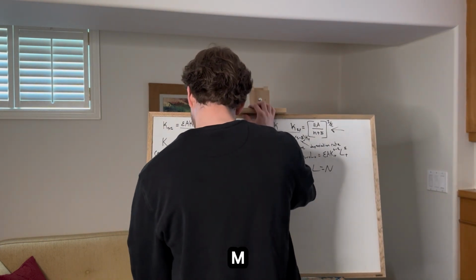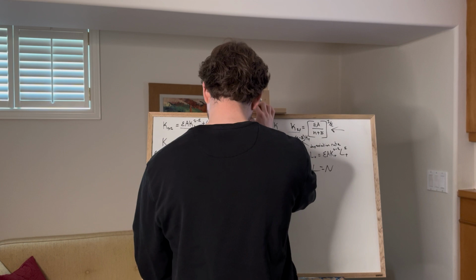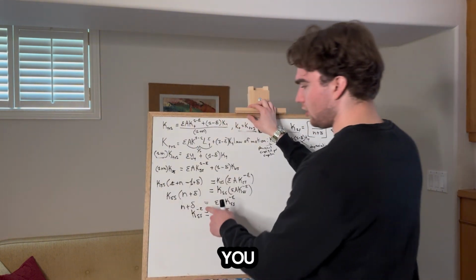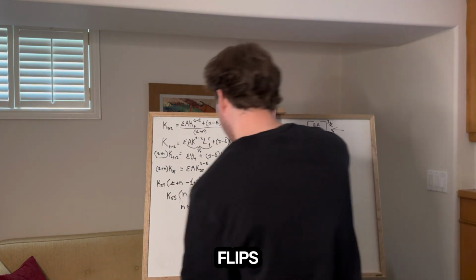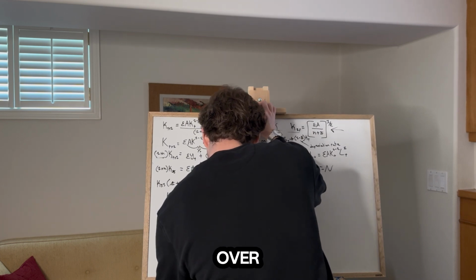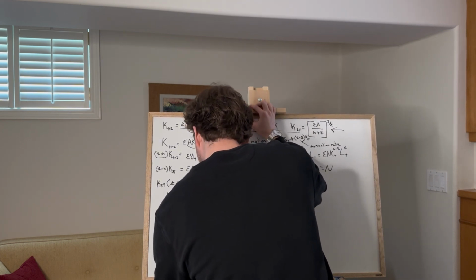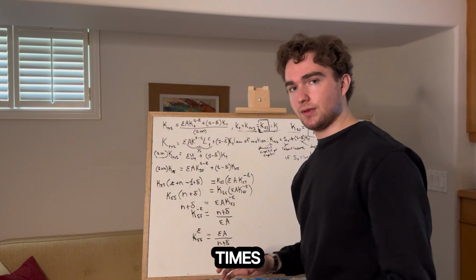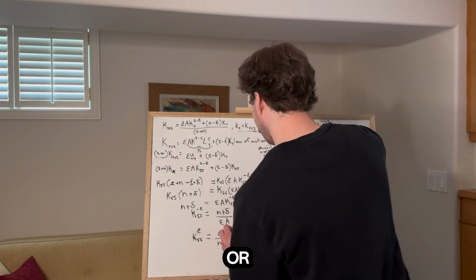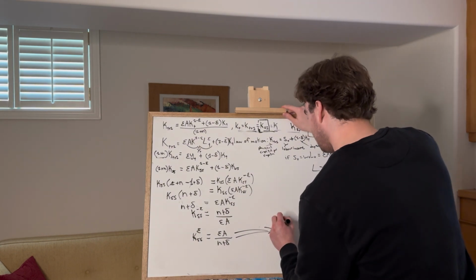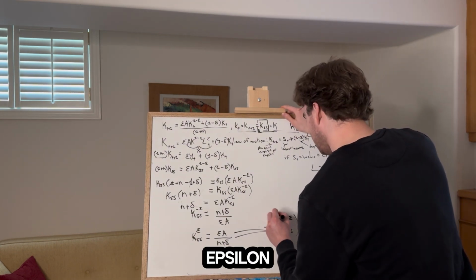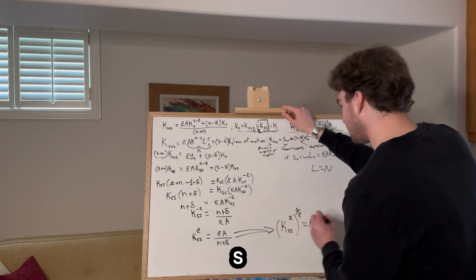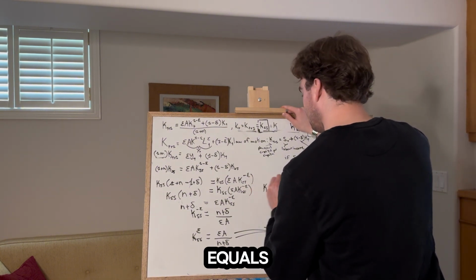So it's n plus depreciation equals, and then divide everything by epsilon A. You want to make this positive, so this flips. You have epsilon A over n plus depreciation, K_SS to the epsilon, okay? And then times everything, or I'm going to put some arrows here, K_SS to the epsilon, times 1 over epsilon equals K_SS. So K_SS equals,